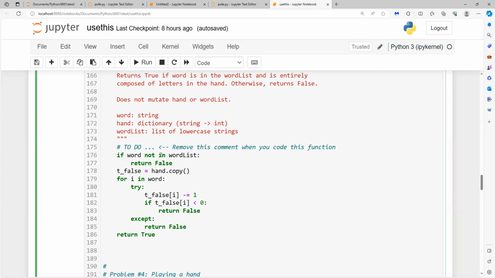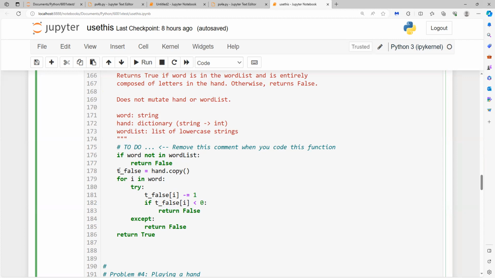So we want to make sure we're not changing the text file. We're not adding 8,000 words to 8,001. We're just seeing if that word's in the word list. If it's not, returning false. It's wrong. And then, yeah, that would get us squared away, return false, and break out of this. If the word's in the word list, we've got to take a look at that hand, make sure that all those letters are